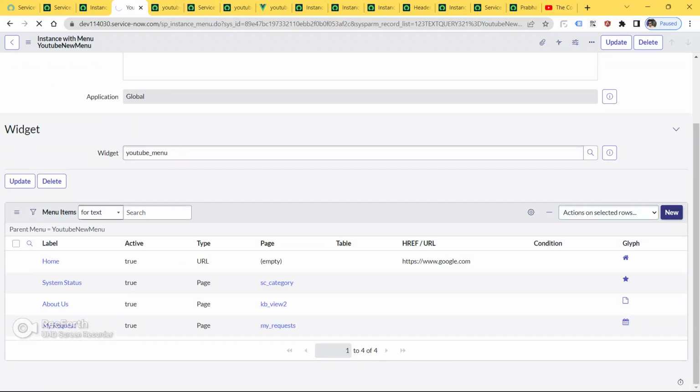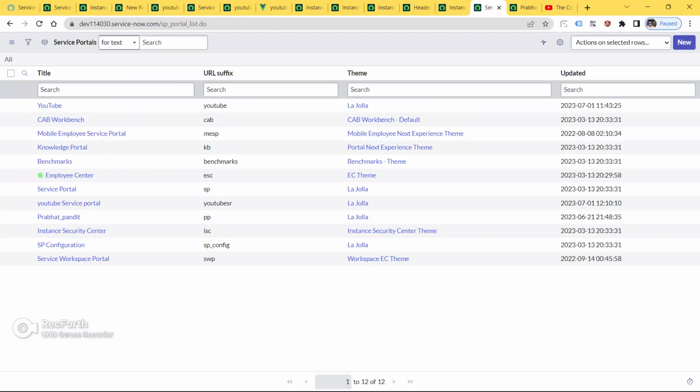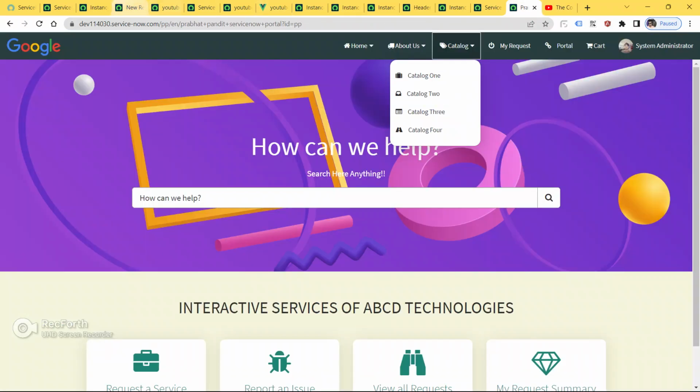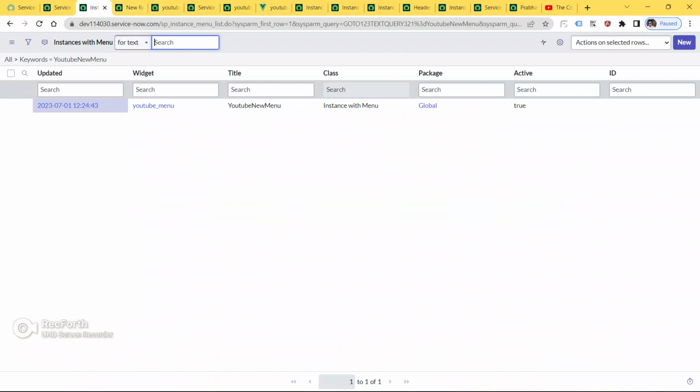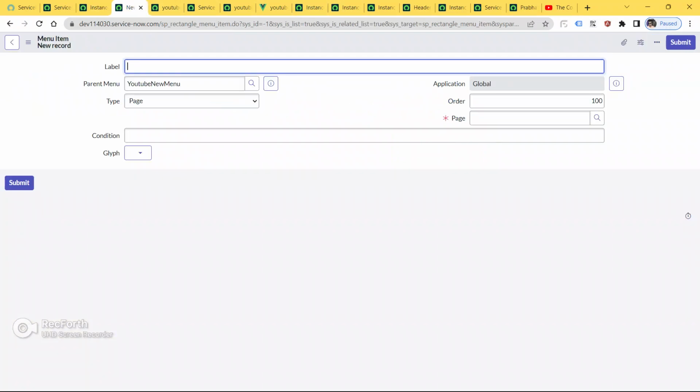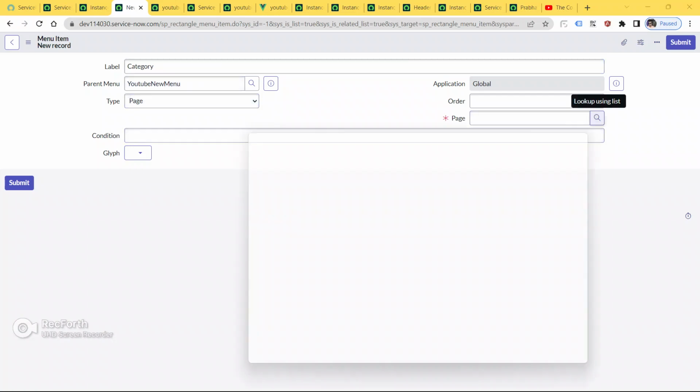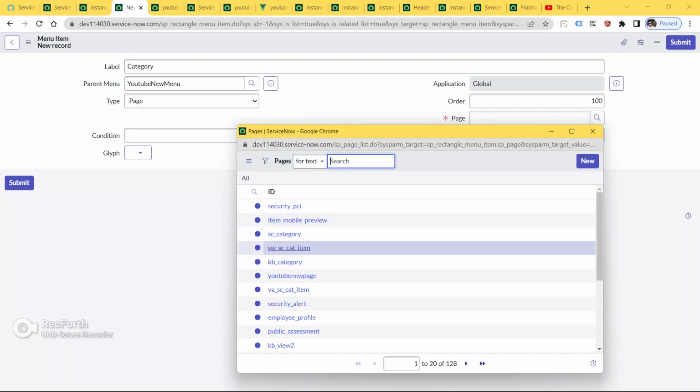Okay, so now go again and click again on the button new. What is the next guys? Next is give, category. Let it be page only, and now we have to search page here.